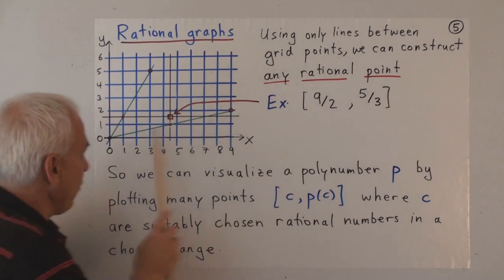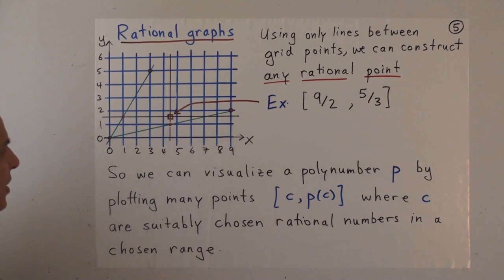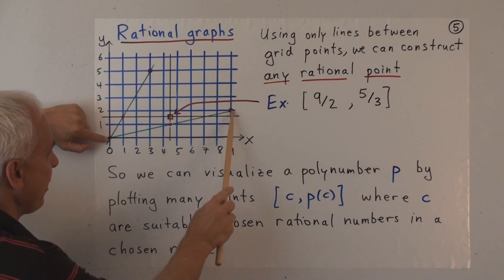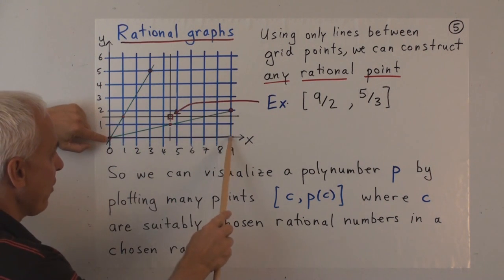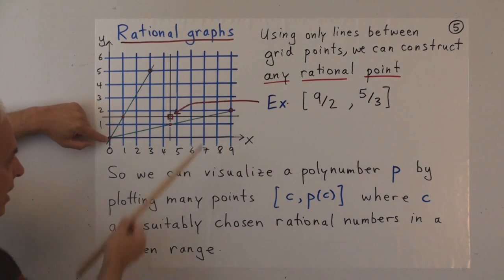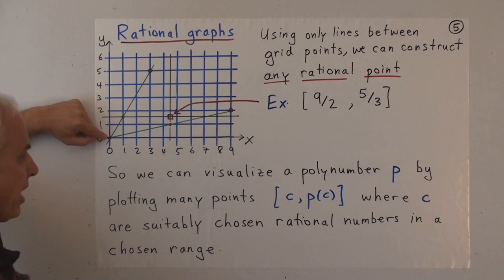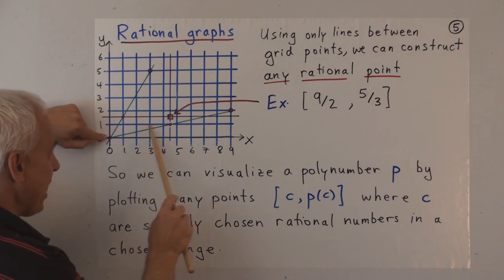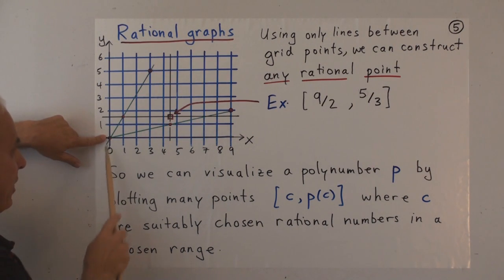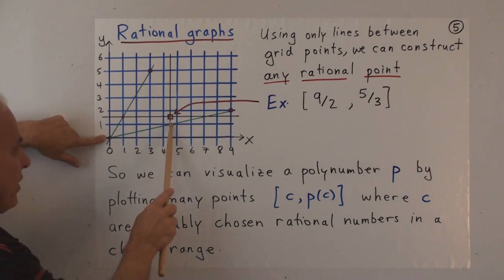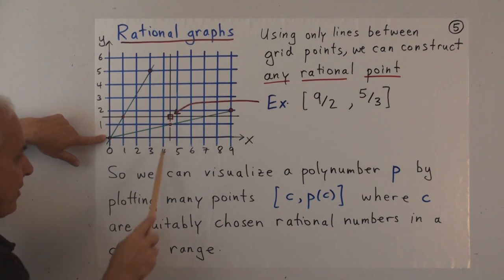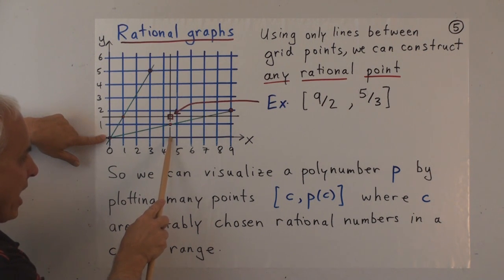To get 9/2, first of all, on the x-axis here, what I'm going to do is consider a rectangle, this one right here, which is 9 across and 2 up. So that point there is the point with coordinates (9, 2). And I'm going to connect that point to the origin with this green line. Now where that green line crosses the line x equals 1, because this is exactly halfway, this will be exactly halfway there. So this will be the coordinate 4.5, or 9/2.